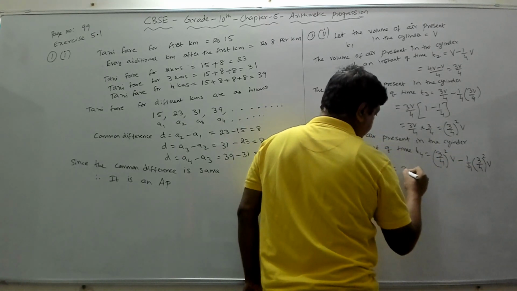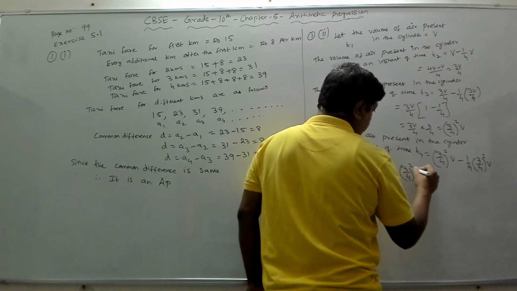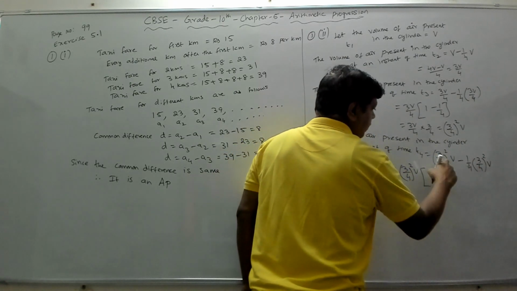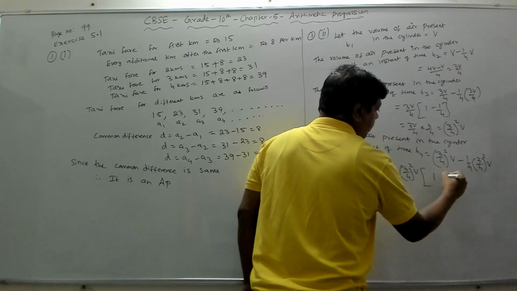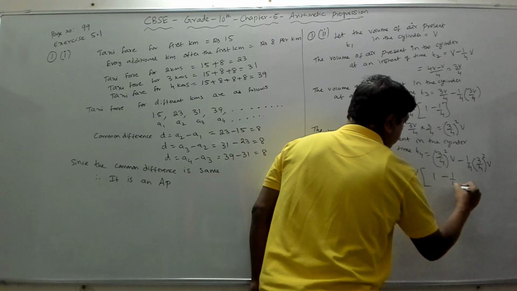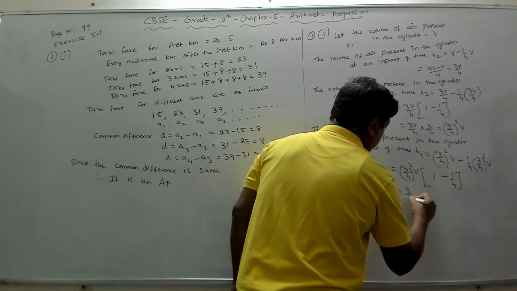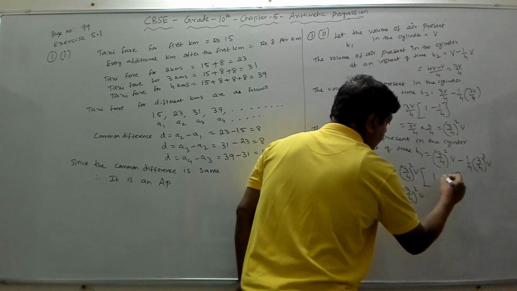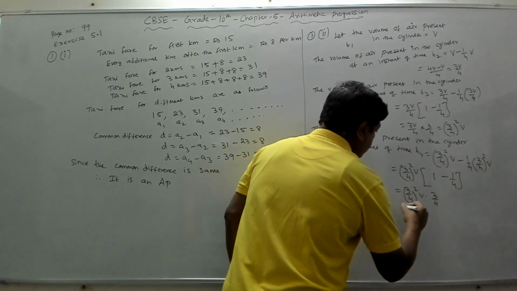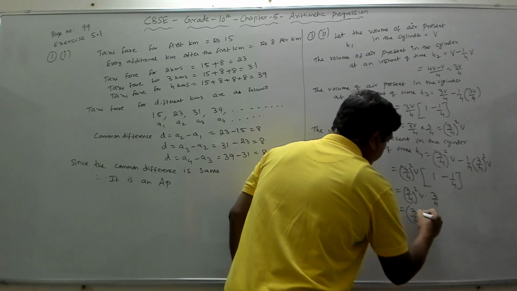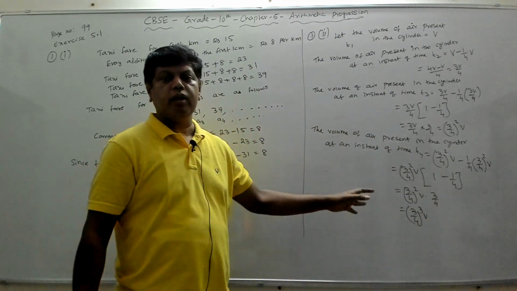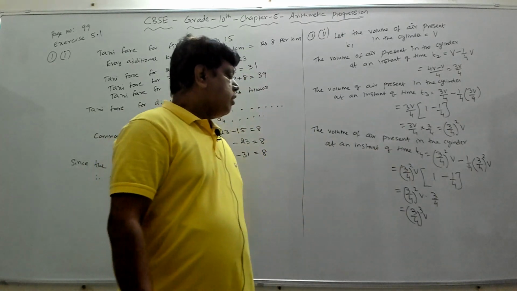So that is equal to, now again 3 by 4 whole square V is common in both the terms. If I take 3 by 4 whole square V common, from this it will become 1. Again, if I take 3 by 4 whole square V from here, I will have 1 by 4. So you get 3 by 4 the whole square V into 1 minus 1 by 4 is 3 by 4. If you do the fraction subtraction, that gives you 3 by 4 the whole cube V. So that is the volume of the air present in the cylinder at an instant of time T4.